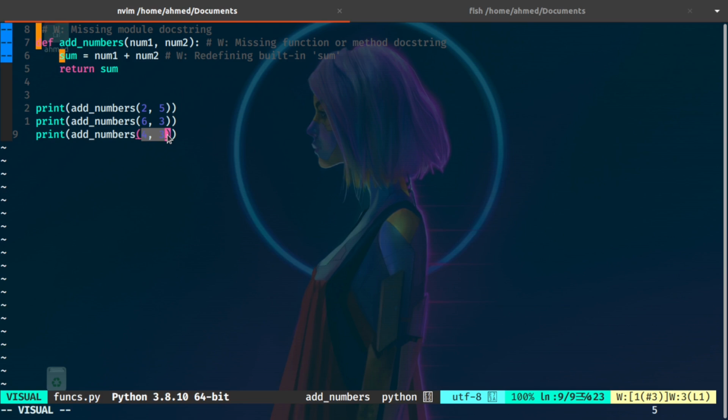Yeah, it's really simple. I believe the code is understood. All we did is define a function called add numbers that takes two parameters, num1 and num2. The function adds these two numbers and returns the sum. We can call this function, of course, by passing the parameters here. Yeah, values 2 and 5 here, 6 and 3, and here we pass 4 and 3. We're passing the values and storing them, and where we didn't store them, we just printed them